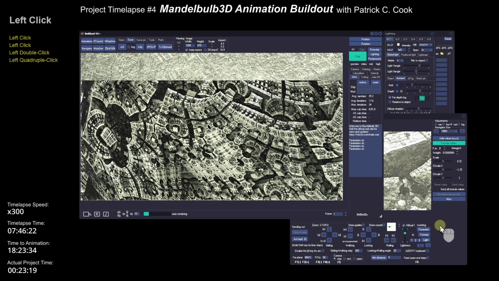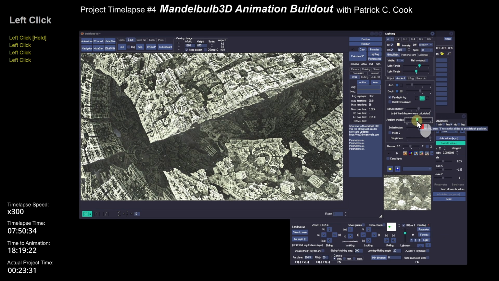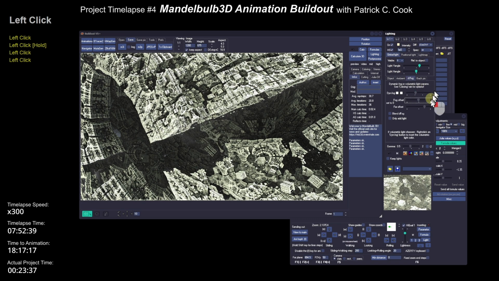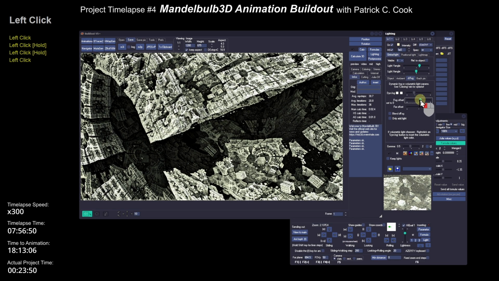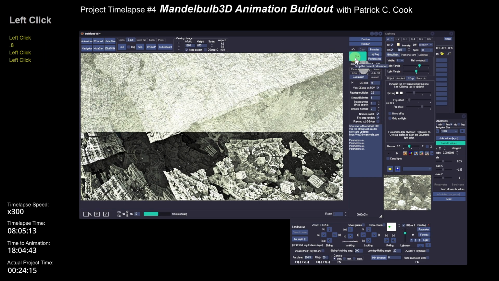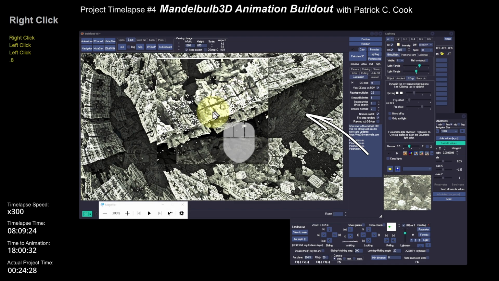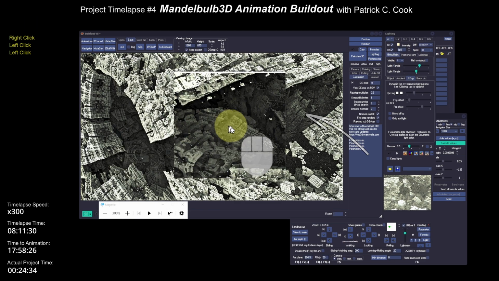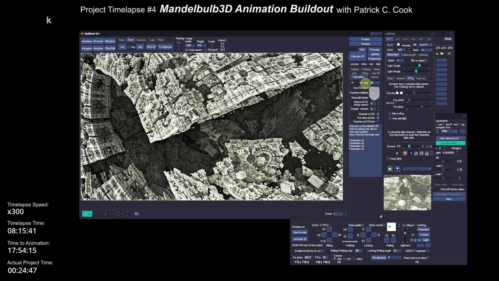All right, so I'm going back and forth between the navigator, looking for different scene positions, and then I adjust the dynamic fog and the ambient light in order to accentuate the depth. I want the viewer to be able to see some of the details down in the depth. Now I'm just using the Windows magnifier to look around and see whether or not